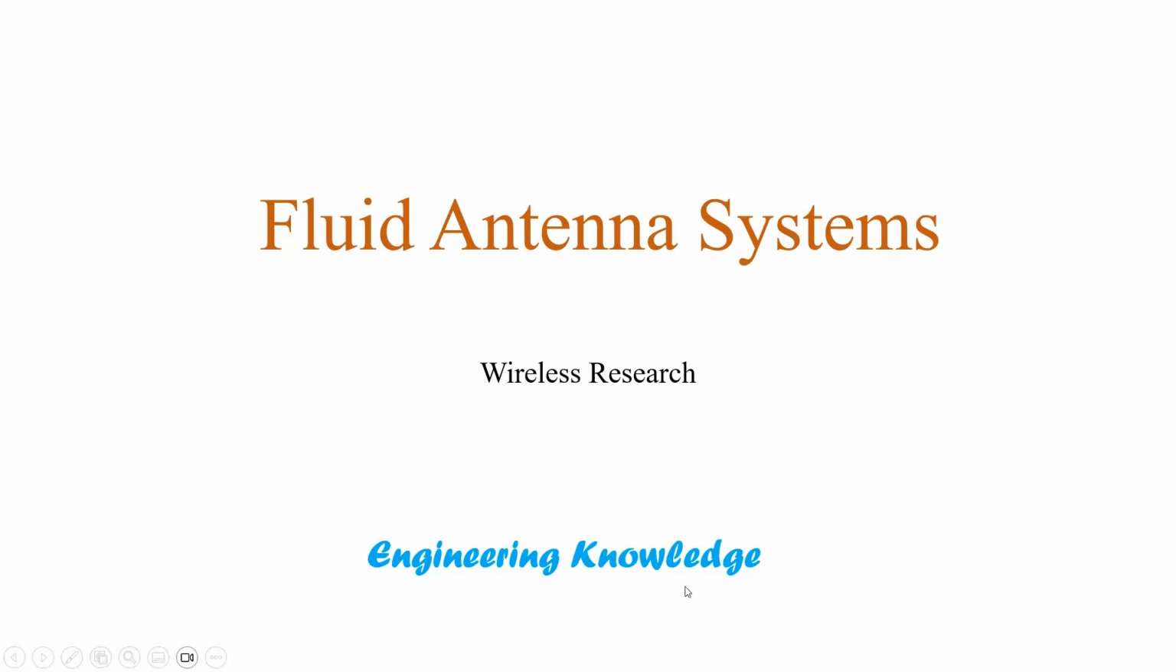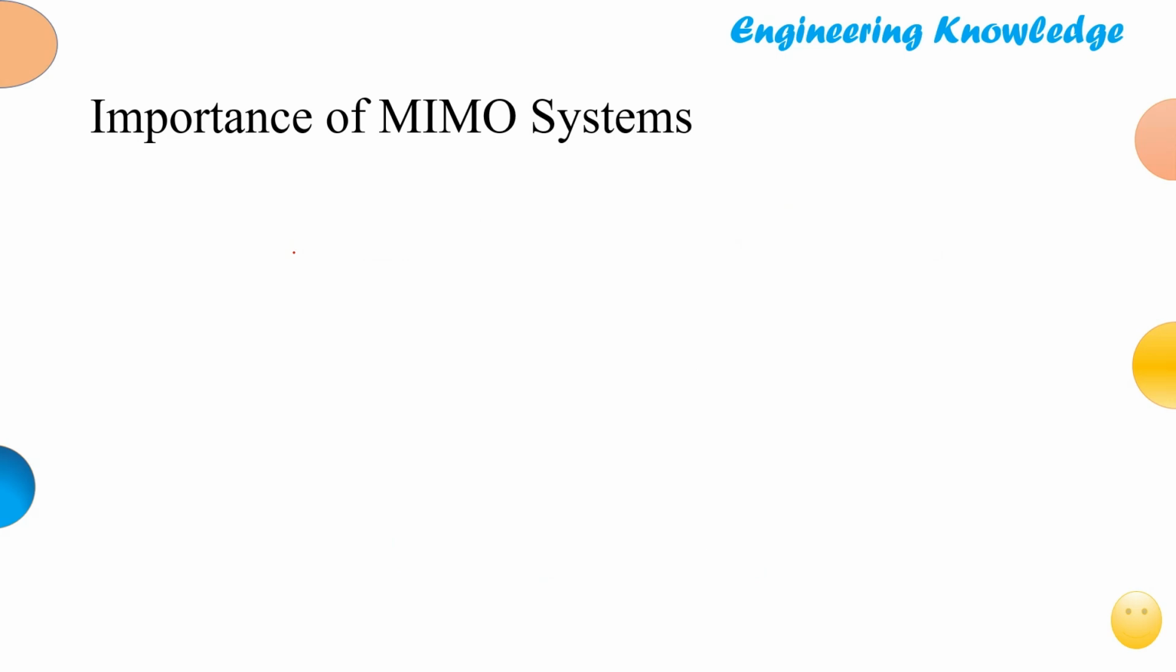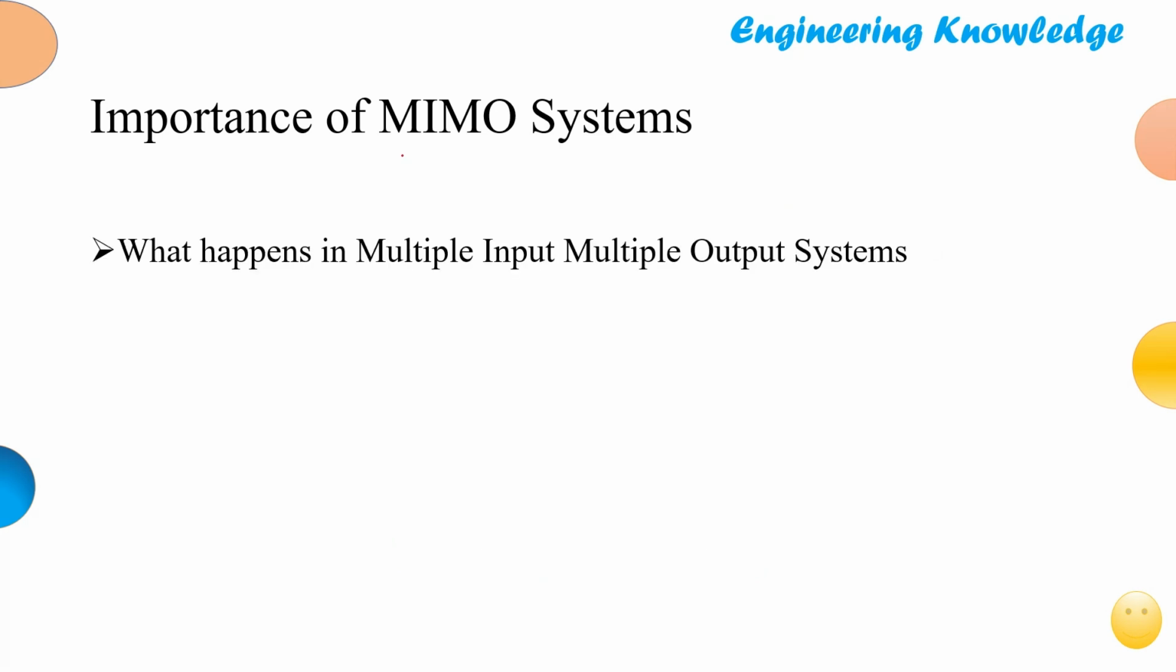So in this lecture, we will introduce the basic concept of what are called the fluid antenna systems, FAS systems. For very high data rates in 6G communications, it has been proposed that we'll use extra large multiple input, multiple output systems. So what happens in MIMO, or multiple input, multiple output systems, is that we have multiple antennas at